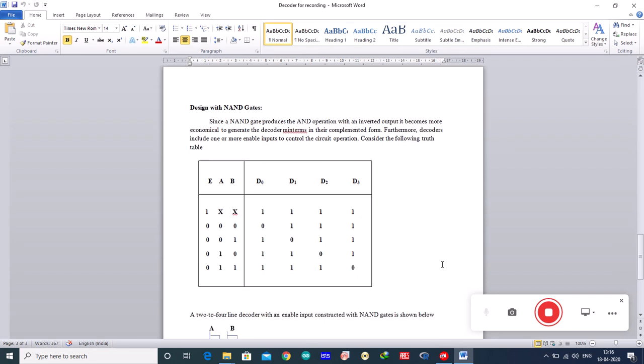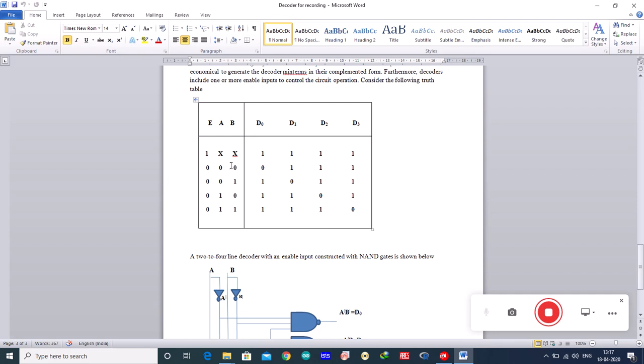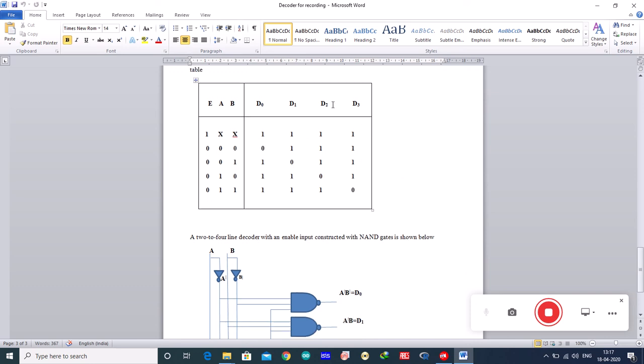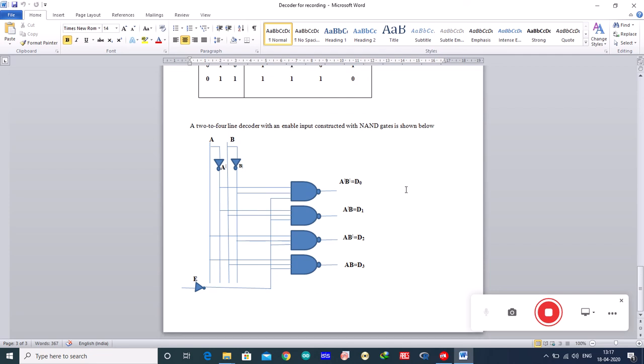So consider the following truth table. As you are using NAND gates, here I am taking enable exactly the opposite of what we have discussed just now with the AND gates. In that case, if the enable input was 0, irrespective of the inputs, all the outputs were 0. This is exactly opposite to what we have just discussed. So this is how the truth table looks. If you have the enable input as 0, then only will you have all the other combinations. So with this truth table, I have tried to design the circuit diagram, which looks like this.